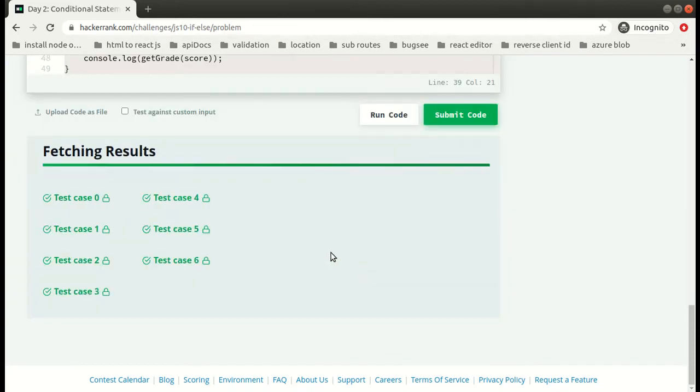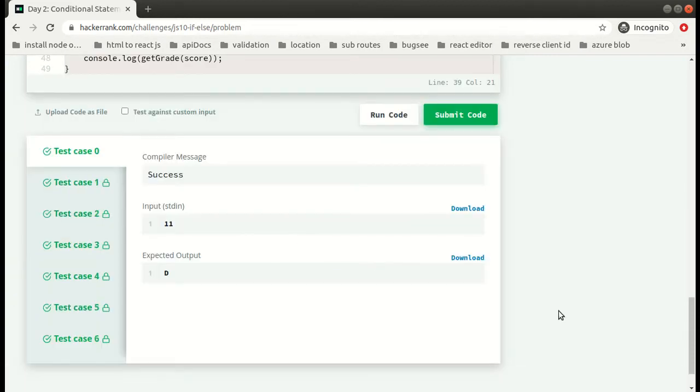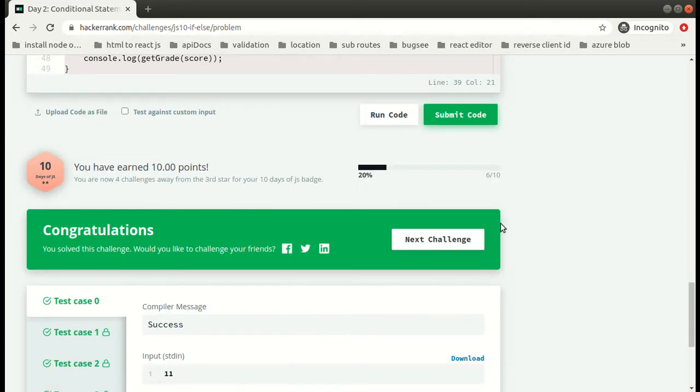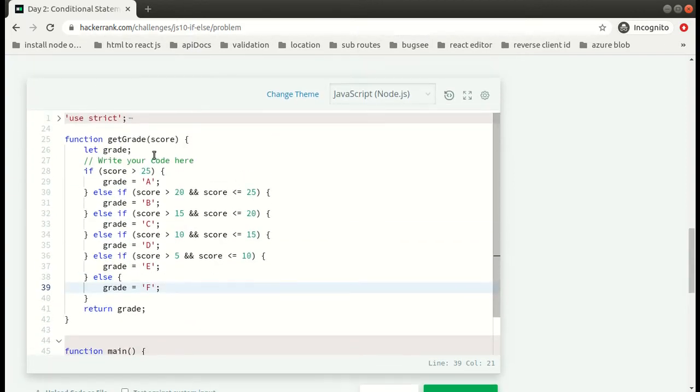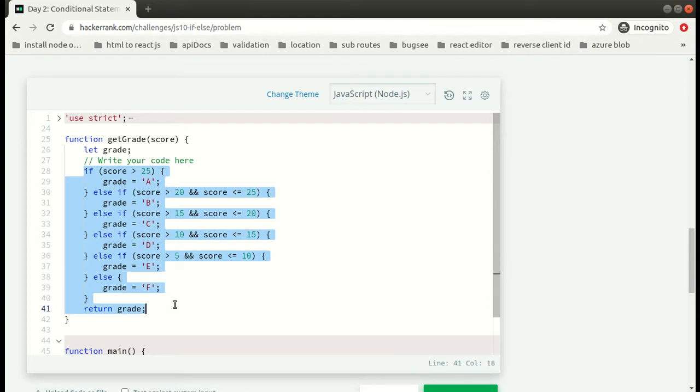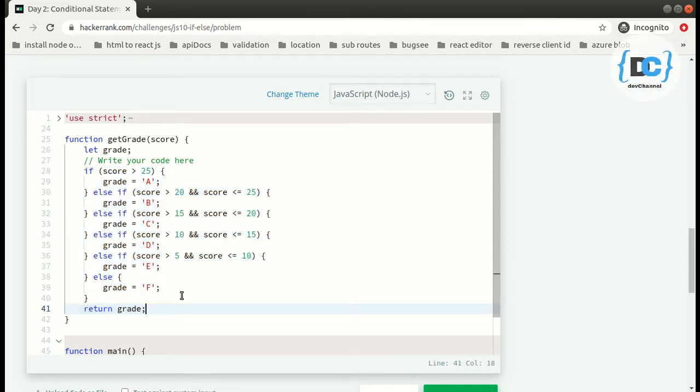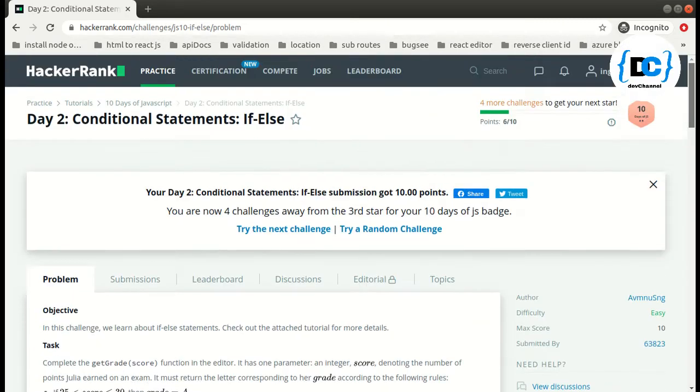So we got 10 points as our code was right. It was quite a simple question, and overall they wanted to just test this if else concept. Now let's try solving our second question.